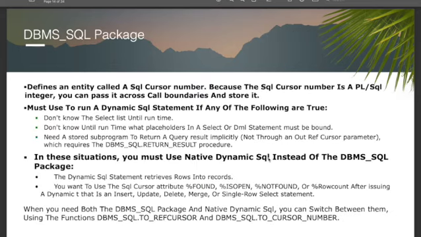Now we will discuss the DBMS_SQL package. The DBMS_SQL package defines an entity called the SQL cursor number. Because the SQL cursor number is a PL/SQL integer, you can pass it across call boundaries and store it. You must use the DBMS_SQL package to run a dynamic SQL statement if any of the following are